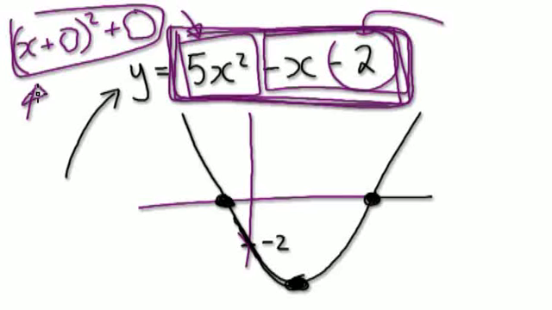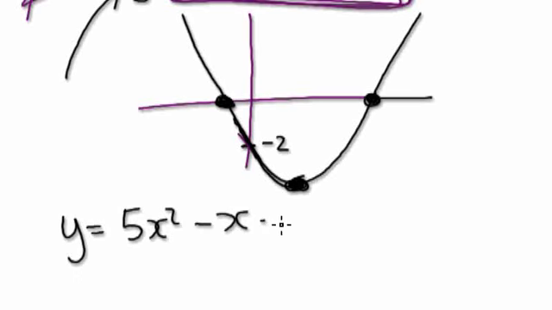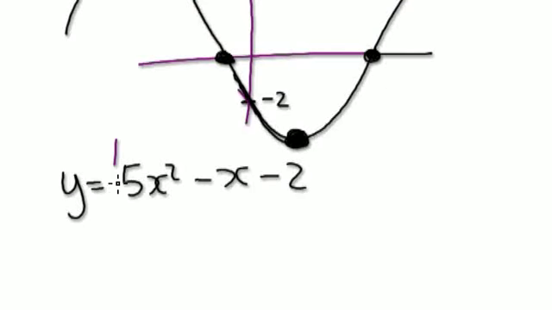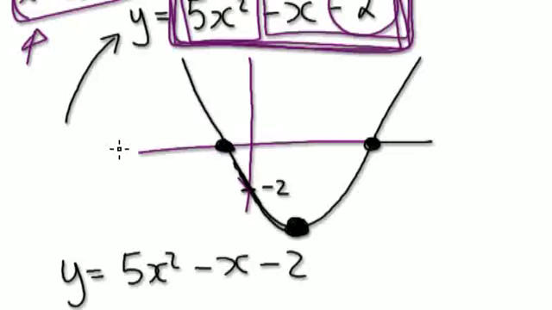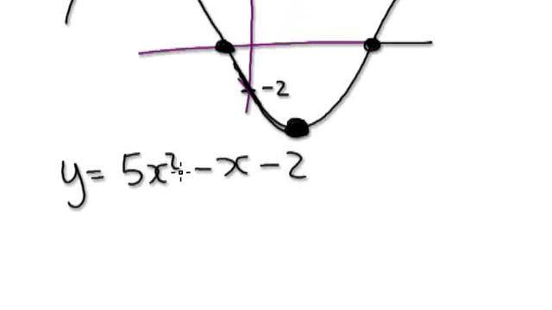You see, this form here is very useful. So let's try and do it. So we've got y, I'm just rewriting it, y equals 5x squared minus x minus 2. Now we are trying to find this point here. So let's rewrite that whole thing in this form. First, we don't like the coefficient of x squared to be anything other than 1. So factor out the 5. So this will become 5